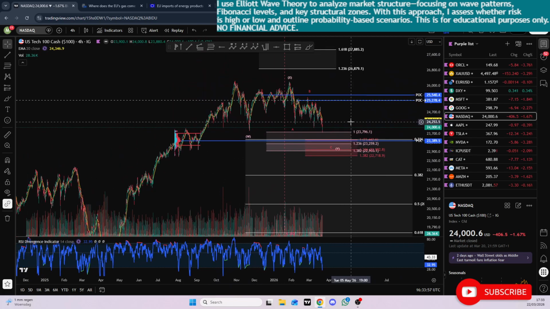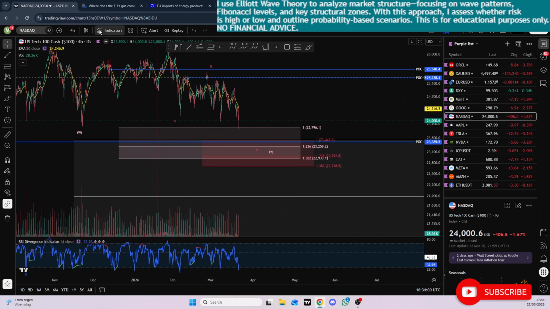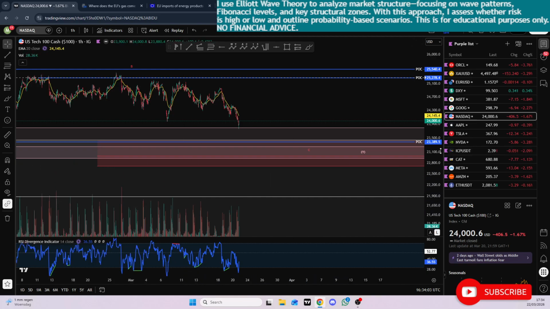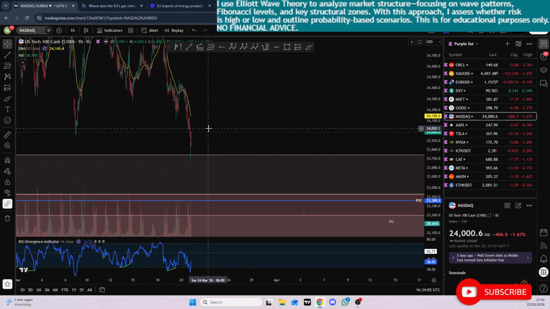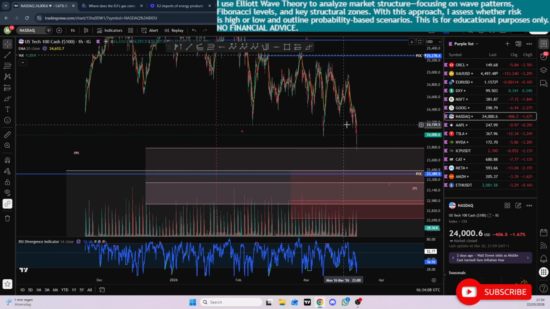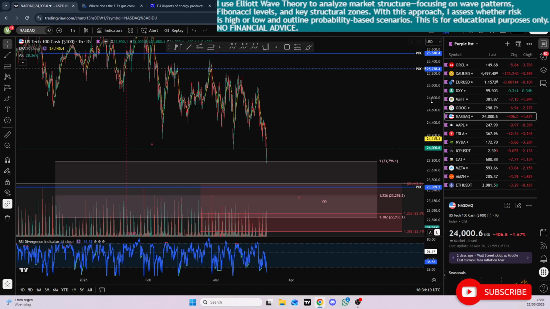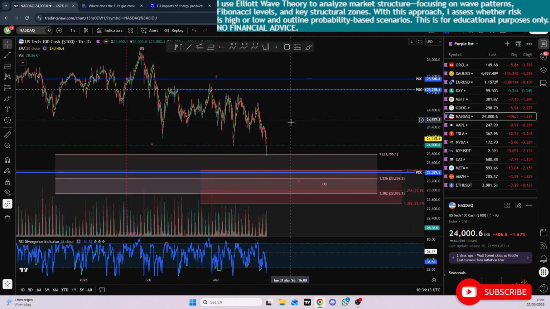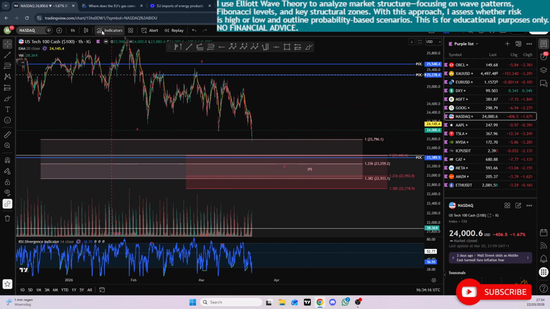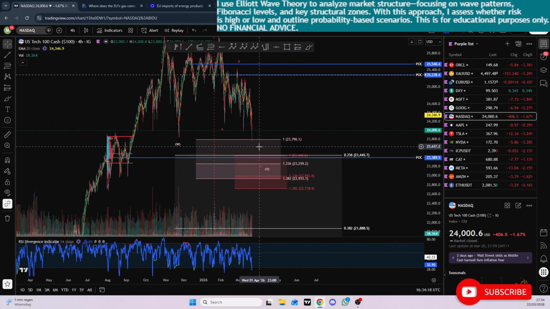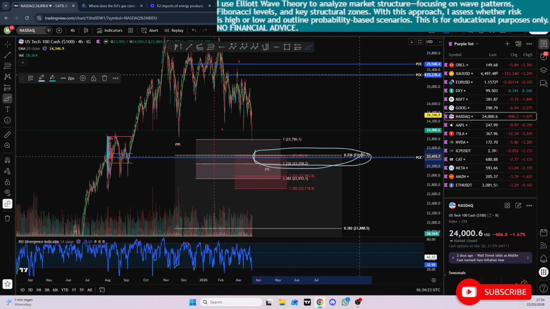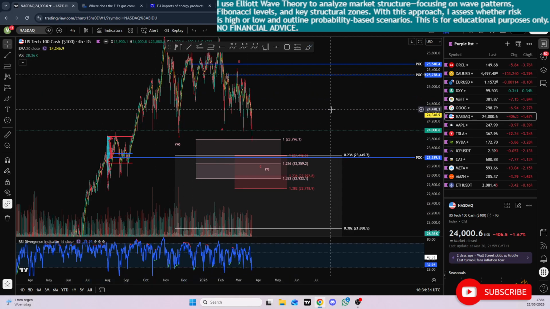Okay, so I'm expecting Monday to be green, also considering that post hours on Friday we had a good bounce from this area, and this is ignoring all the news. Okay, it's just based on technical analysis, we could get a green start to the day maybe, but I'm not disclosing more price action to the downside. If we do that, we have a nice cluster here. That will be a stronger area, and we could maybe try to reverse from there, or at least try to bounce from there. Okay, so that's the Nasdaq.